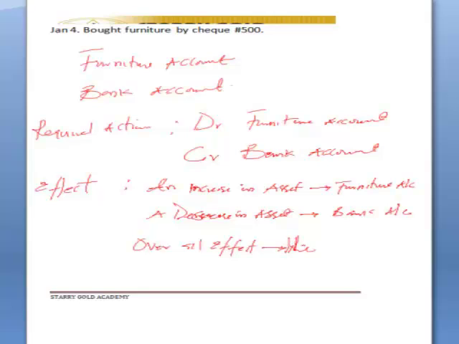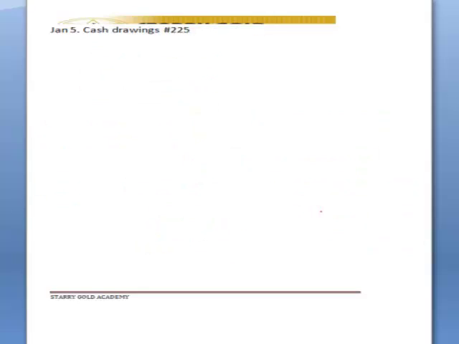Overall, there is no effect. Do you know why? The transactions involved are in both classes. So there is no increase. The overall effect is that there is no effect on the financial statement, because the two items involved, furniture account and bank account, are in the same class of elements. Okay, so the next we need to look at is